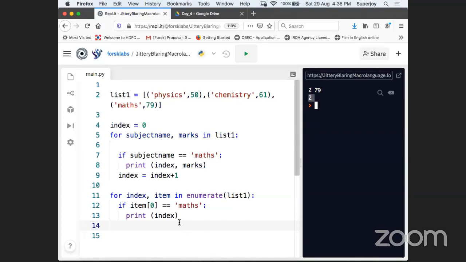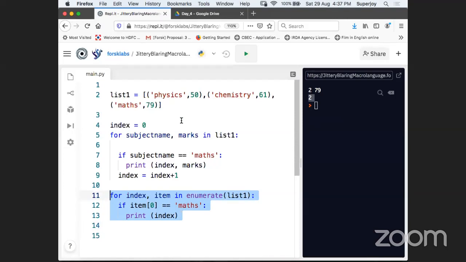In the last 10-15 minutes, guys, I have taken you to a lot of new concepts, if you remember, right? We started with the problem of how we can store data corresponding to a subject name and marks.